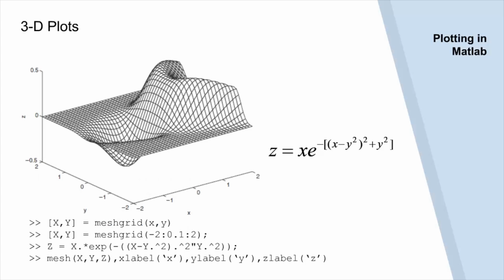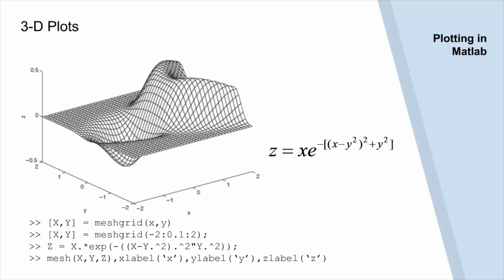Another form of 3D plot is the surface and mesh plot. The function z equals a function of x and y represents a surface when plotted on x, y and z axes. The mesh function provides the means to generate a surface plot. Before we can use either the mesh function or the surface function, we must generate a grid of points in the xy plane and then evaluate the function f of x, y at these points.